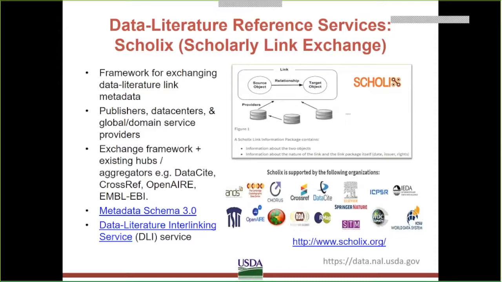Lastly, we're going to look at some of the current data literature reference services. One that particularly looks interesting is the Scholix initiative, which is a framework for exchanging metadata about data and literature links.